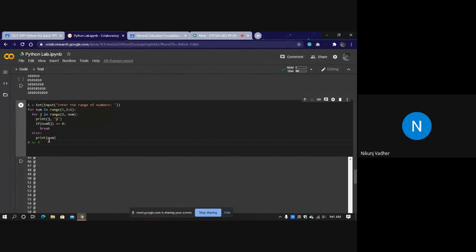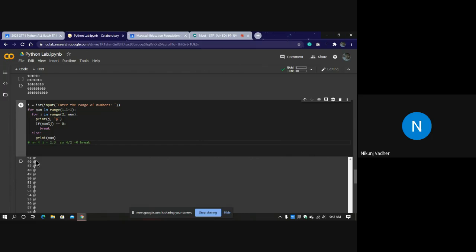Okay, now J will iterate how many times? 2 and 3. So J will start from 2 and go up to 3. Now 4 divided by 2 will be just 2, and we will get a zero as remainder. So it will break. If 4 modulo 2 is equal to zero, then break, so the else part won't be executed.